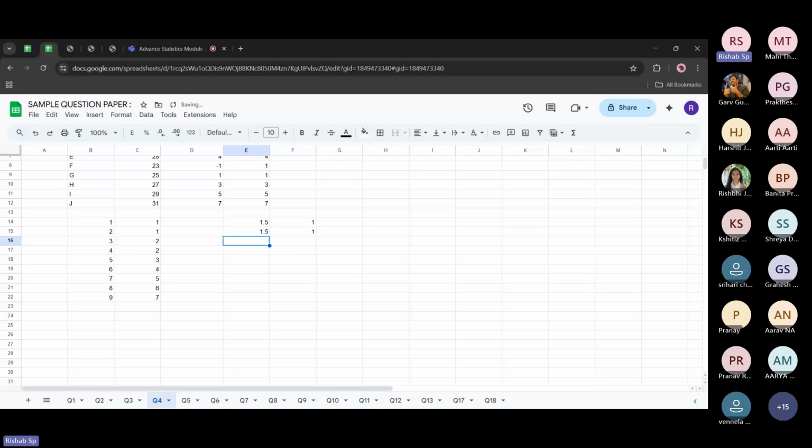We have already discussed this. So 3 plus 4, 7. Since we have two repeating values, it will be 3.5, right? 2,